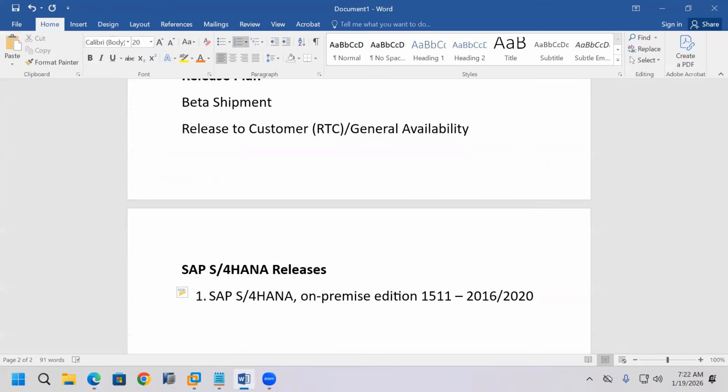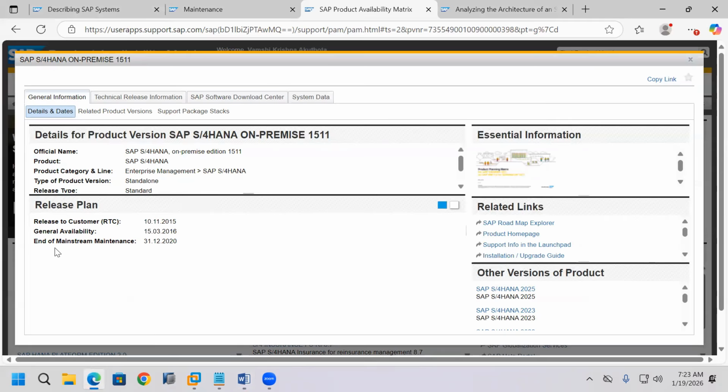Now we want to know what that mainstream maintenance is. Mainstream maintenance means SAP provides support until that date. It means the product version's life ends. Here the mainstream maintenance date is completed, 2020. That means this software is